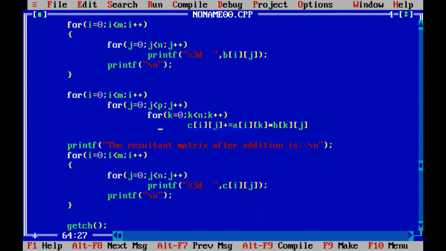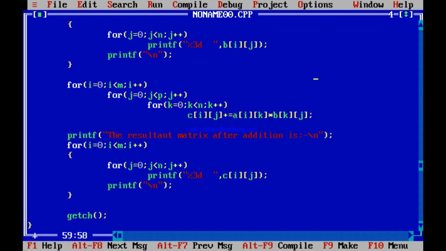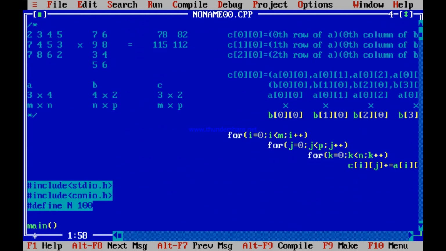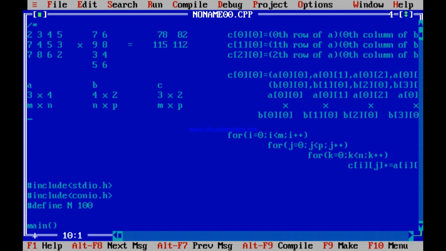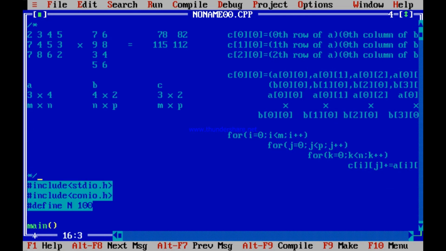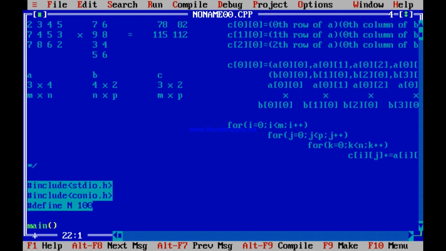So I have just multiplied the two matrices now. Apart from this, rest of the code should remain same. There is a small bit of change though. Let me firstly comment out this part of code so that there is no error anywhere. This part of code is commented out. Okay? The explanation is commented out.